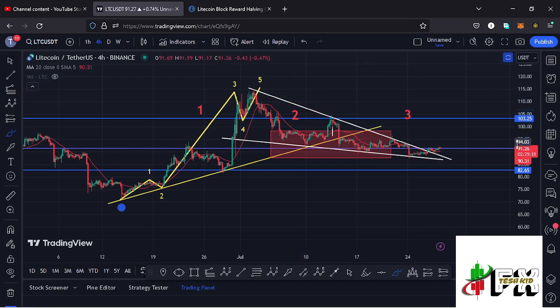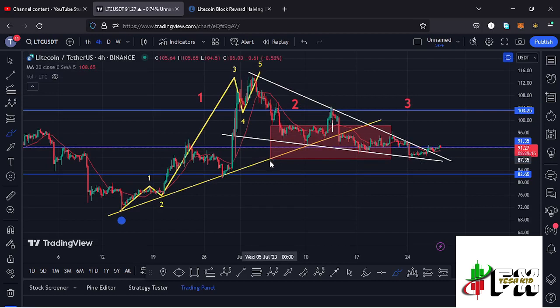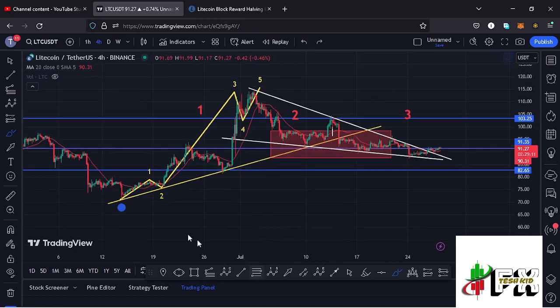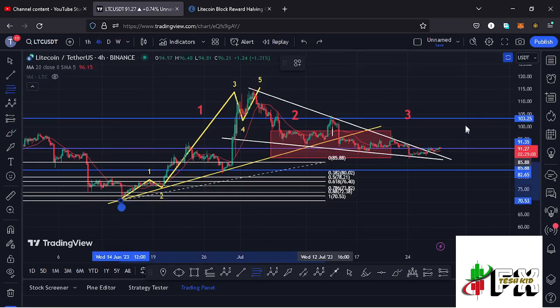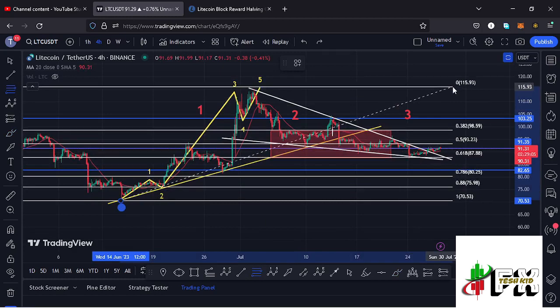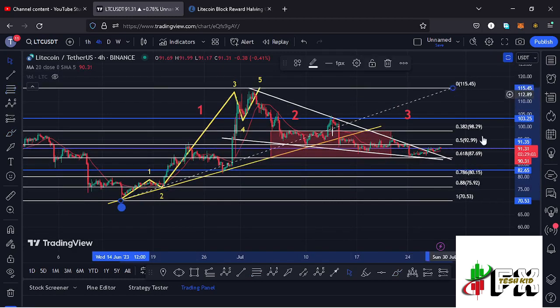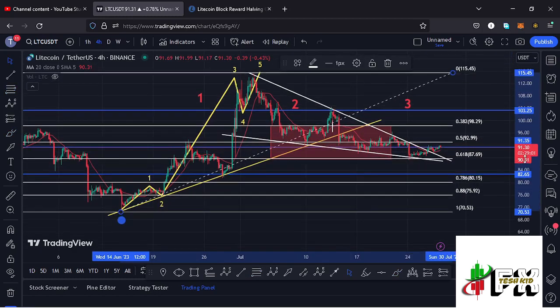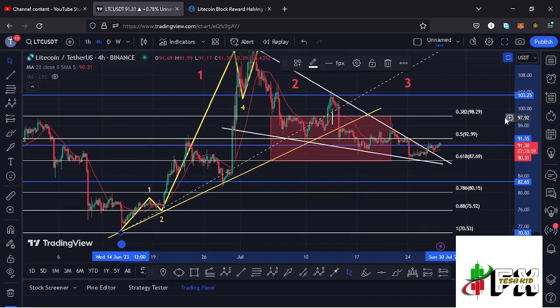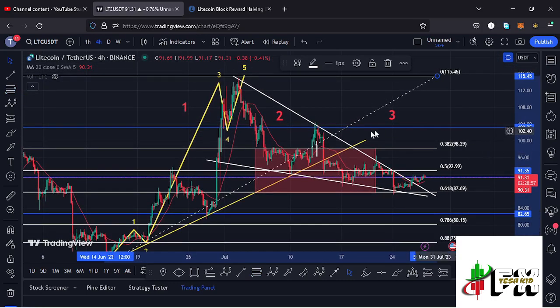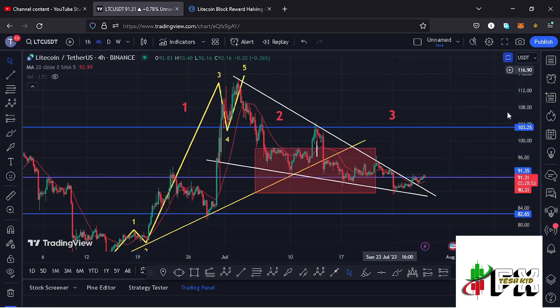Minimum target areas are highlighted on the charts using this red target area, which is an area that I came up with by connecting the Fibonacci from the low of the first wave to the high of that wave 1, giving me a minimum retracement area between the Fib level 0.382 and the Fib level 0.618. And since we have fully maximized this target area, there are high chances that soon we are going to see